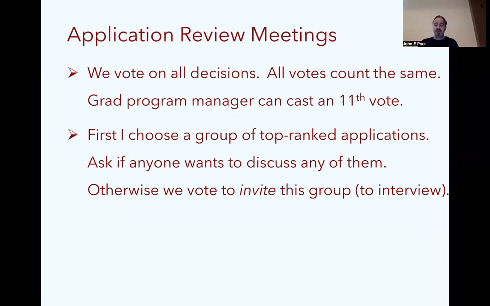And then what we have left are predominantly the names between those 2 lines, and also anyone who is pulled out from the top group or the bottom group. And those are the ones that we will discuss one by one. And the way that we actually do this is that, and I started doing this during the pandemic when we had to do these meetings online,